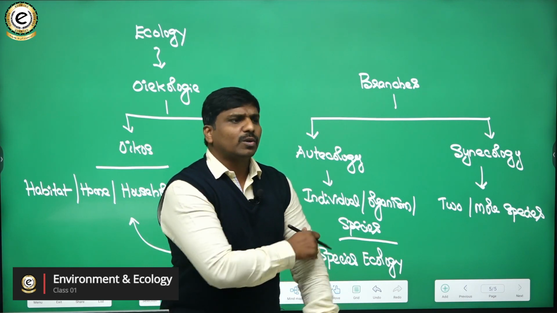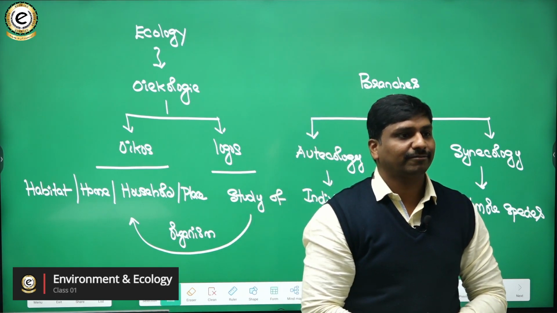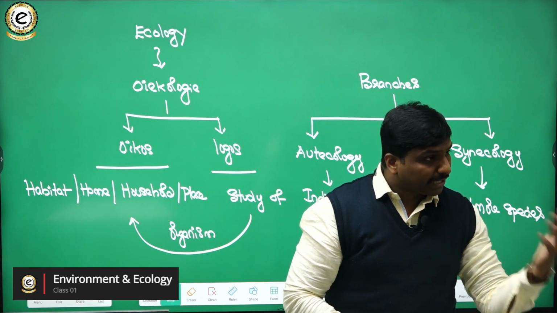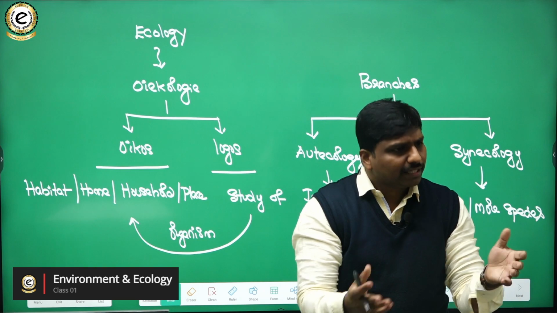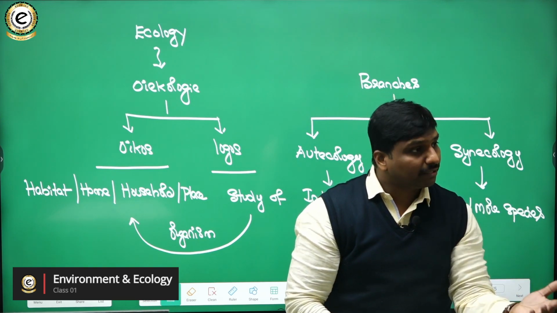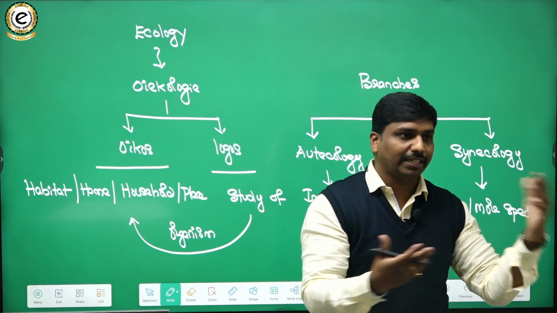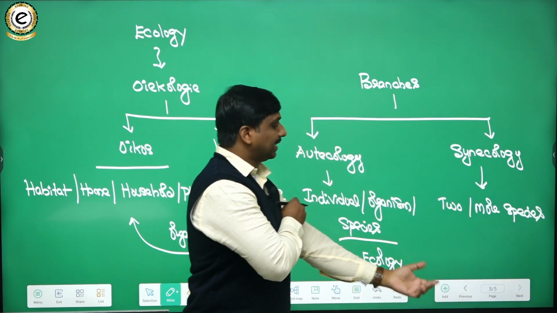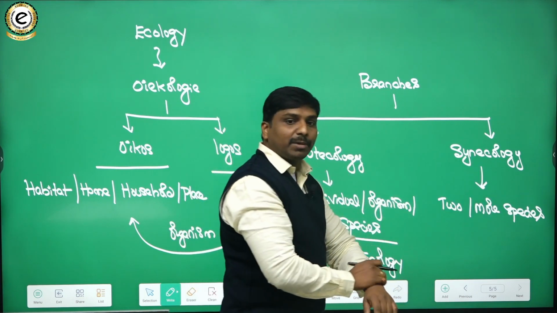Likewise, let's say for example, tigers and deer, can they have interaction? Tigers and deer will have a predator and prey relation. Tiger would be the predator and deer would be the prey. So there is a kind of interaction. In a similar fashion, let's say deer and grass. It is one living thing and there is interaction, some sort of relation between them. So when we do that, that is nothing but synecology, part and parcel of synecology.